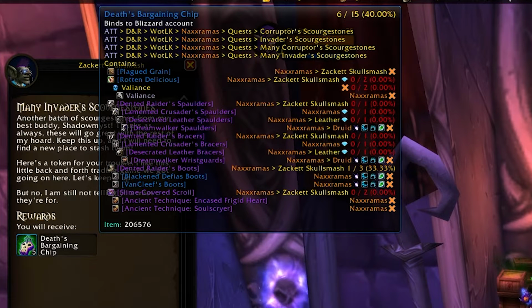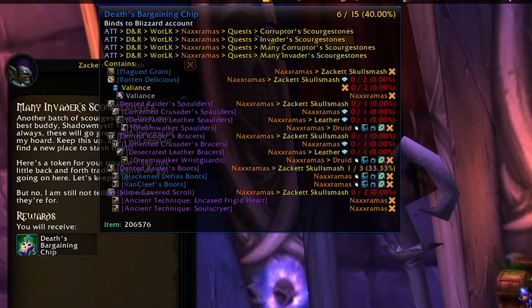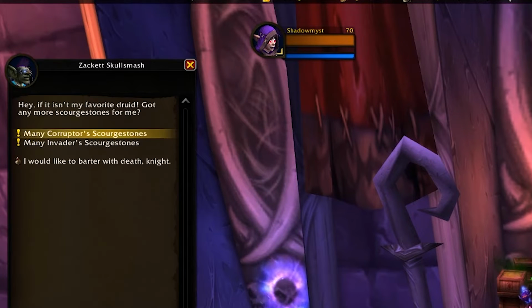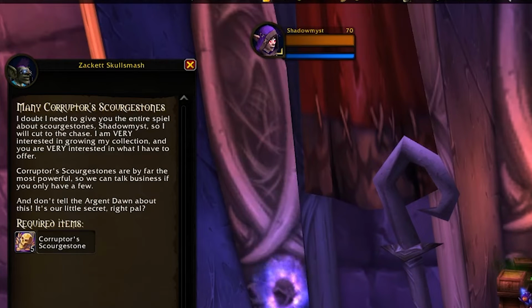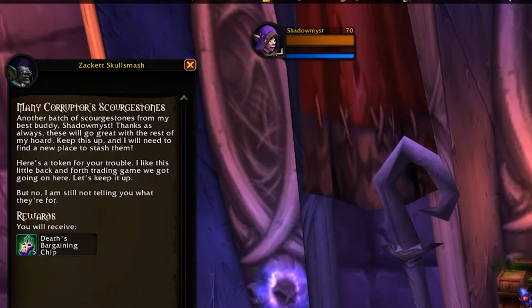So as you can see, the invaders, it's kind of the rougher one because you're only getting 1 for every 10, whereas corruptors is 5 for every 5, so you're getting 1 per. Yeah. And then...